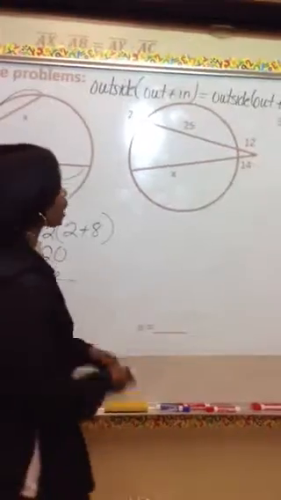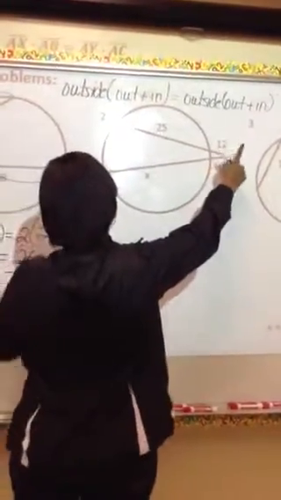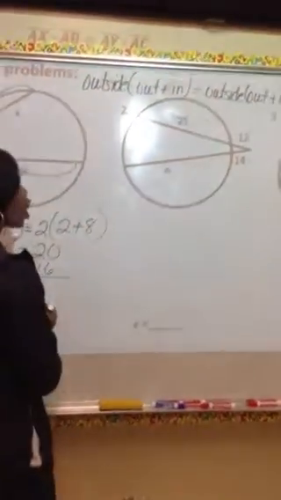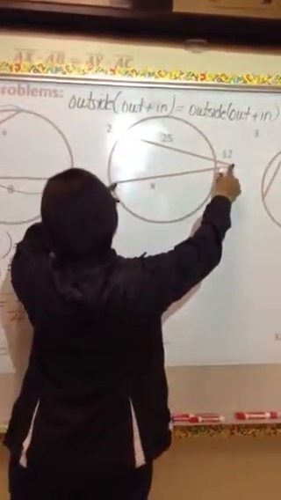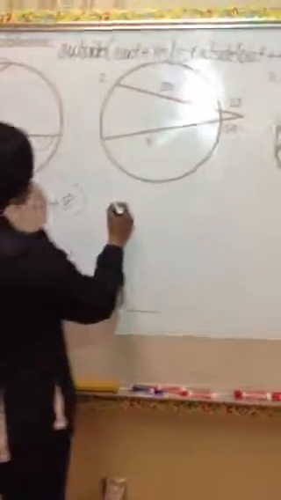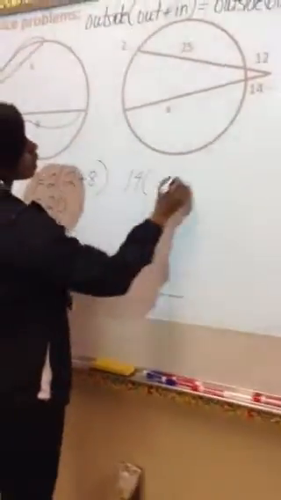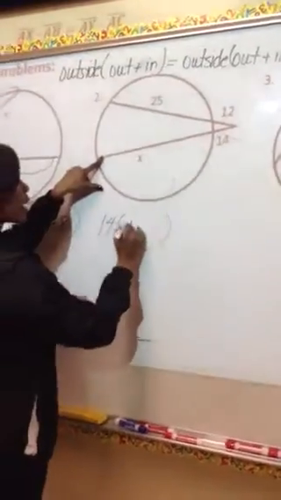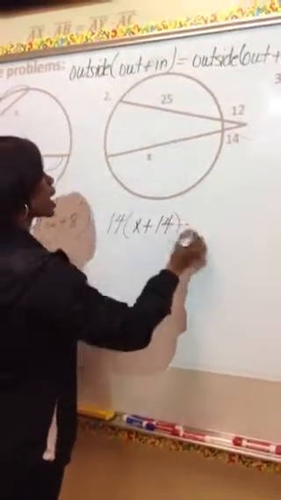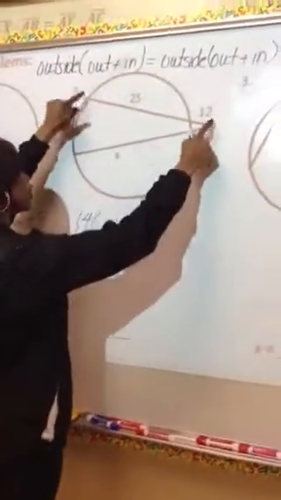Same concept. We have two secant segments that share a common point on the outside. I like to begin with the variable term first. So let's begin with this secant. So we begin with the outside, 14, times the measure of the whole thing. So we combine outside plus inside, x plus 14, and set that product equal to, go to the second secant